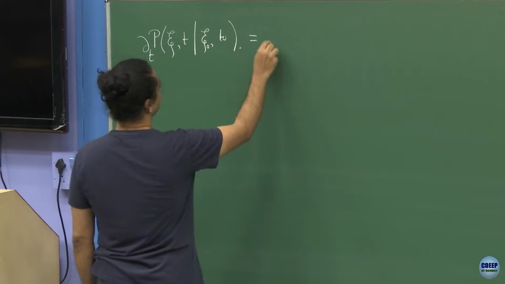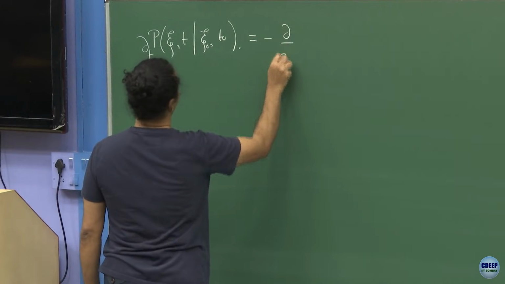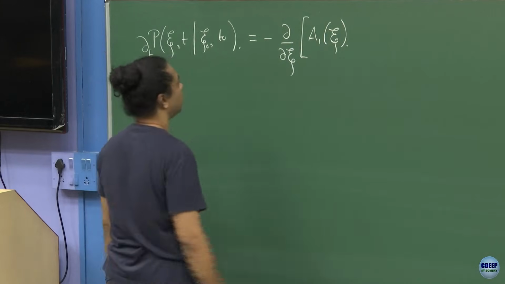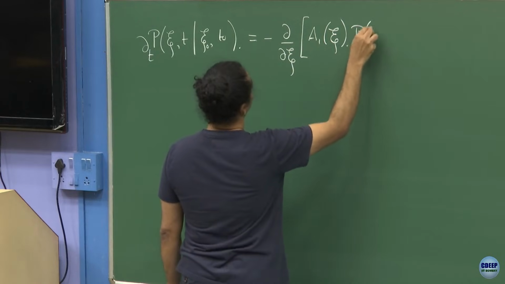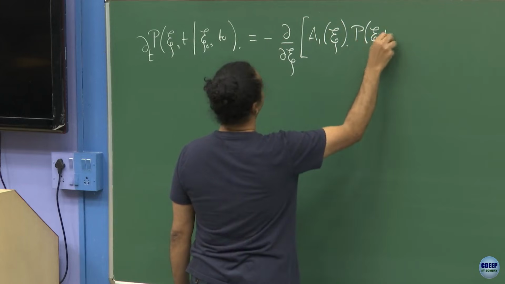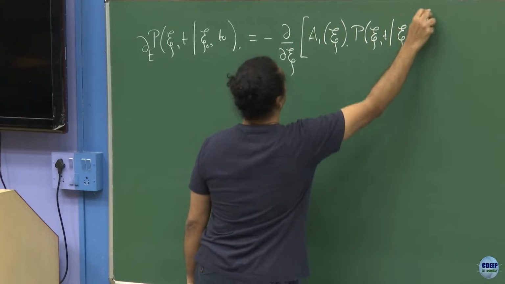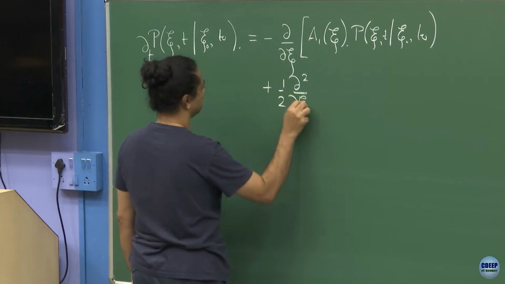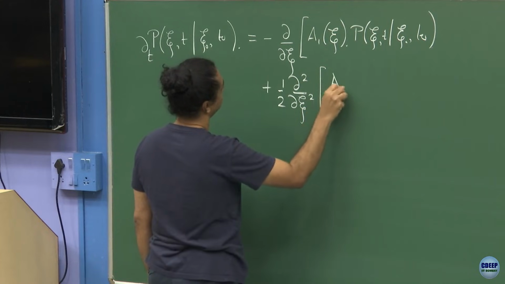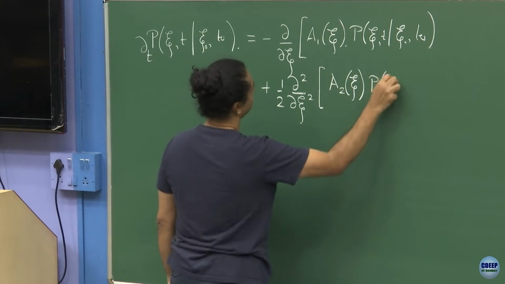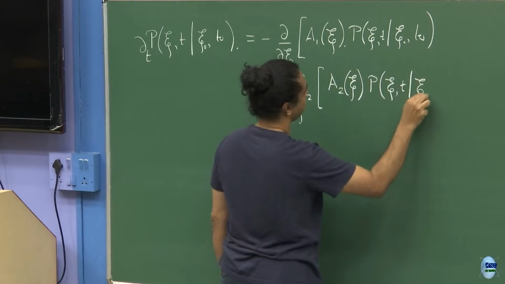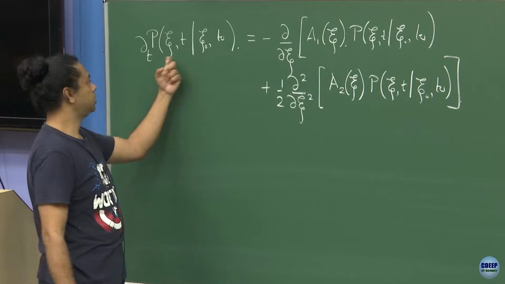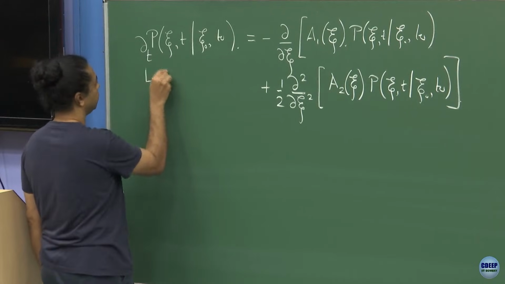One is the forward, where you say it is minus del xi of A1 of xi P of xi comma t plus half del 2 del xi 2 of A2 of xi P. So that would be my forward description, where I am talking in terms of this final state xi, where it is. So this is the forward,